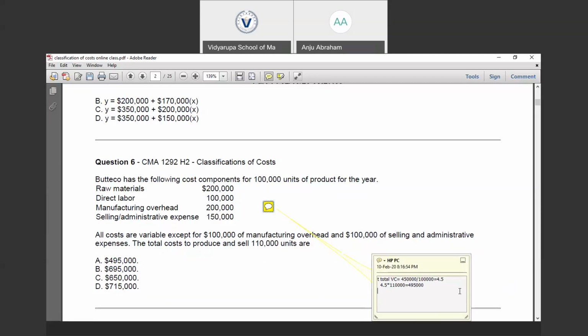Here we are not provided with information on whether this 110,000 is outside the relevant range or not, so let's assume it is within our relevant range. So the total fixed cost is going to be 200,000. So the total cost is 495,000 plus 200,000, which is 695,000.